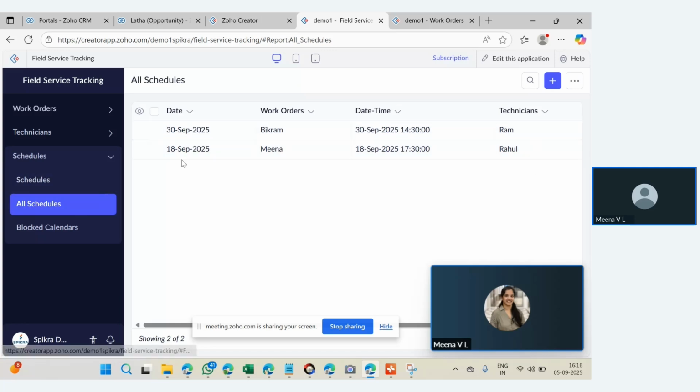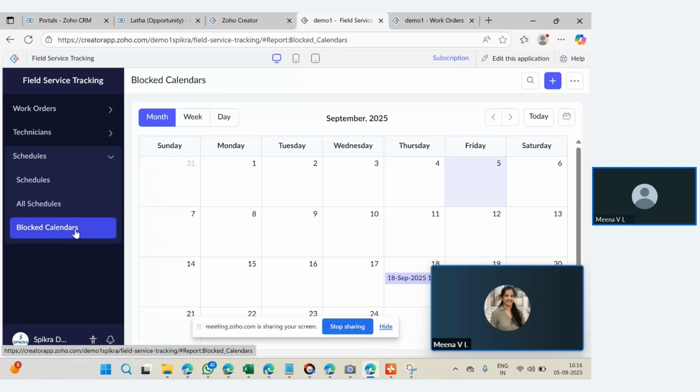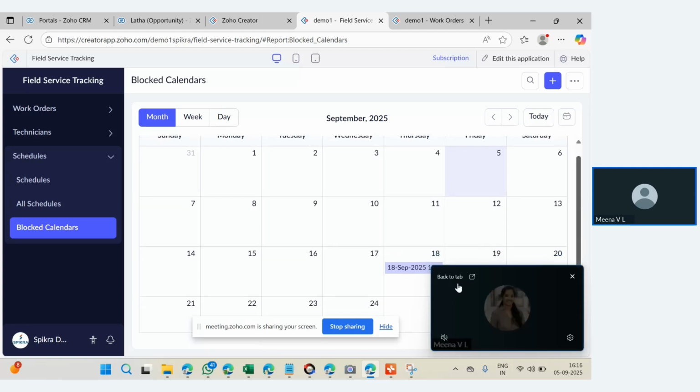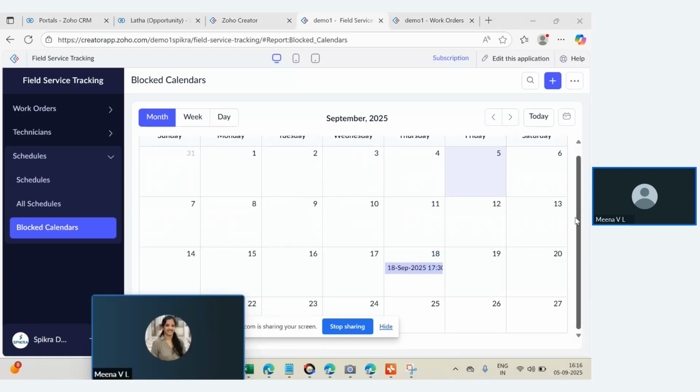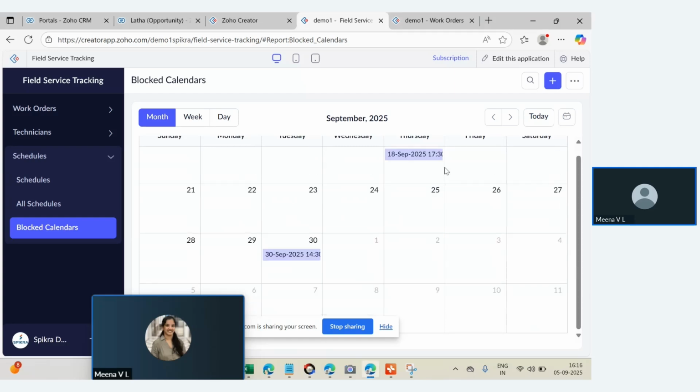So as the owner, if you want to see at any point how the calendar is blocked for each of them, you can just have a calendar view there, and you can just see the booked slots here, right? It shows who it is booked for, and who is going as a technician. You can customize this also, based on the records that you want. So this is as simple as that, with no complications, with not much juggling between modules to do the action.